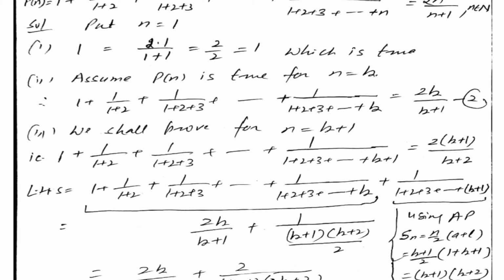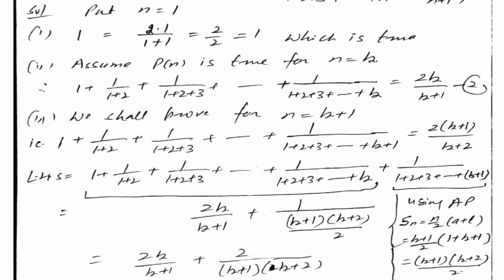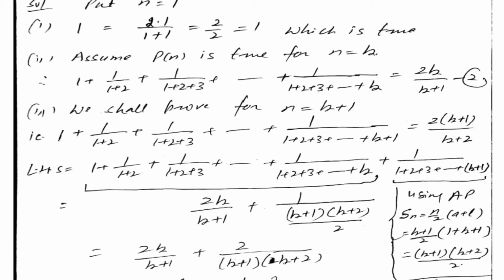Now we can replace this expression by what? We know the sum of all these terms is equal to k plus 1 into k plus 2 by 2. Putting this value here. Is it clear? Now 2k upon k plus 1, taking the reciprocal, 2 upon k plus 1 into k plus 2. Again simplifying. What is common? 2 upon k plus 1 is common in both here. We can take it common. It can make our calculation easy.